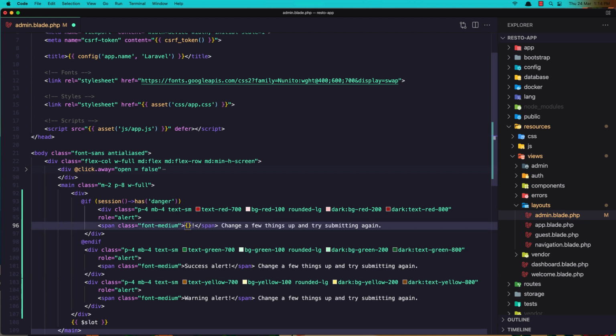So let's say session get danger. Okay, let's remove this text here and do the same thing for the others. So let's copy,